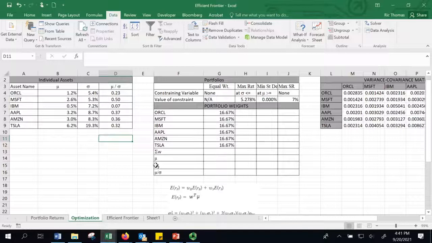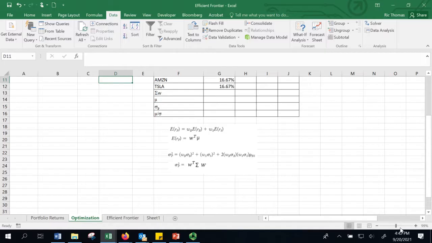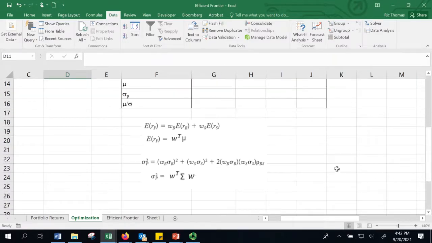Hello everybody. Well, today I'm going to show you how to do a portfolio optimization in Excel using Solver. And so to do that, we're also going to do a little bit of matrix notation, which makes our life a lot easier. So as a reminder of how this works, you're going to need to calculate an expected return